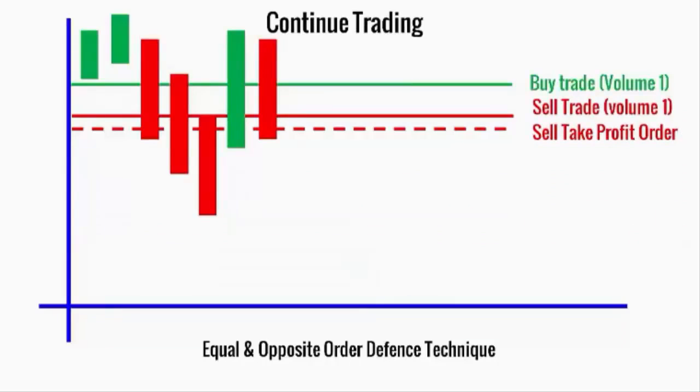So going back to a nice simple situation here, we've got a buy trade being defended by an already triggered sell trade of volume 1, which has got a take profit order in it. So I'm waiting in this circumstance to be able to manage these two trades, to move them closer together and to eventually eliminate both of them in profit. However,